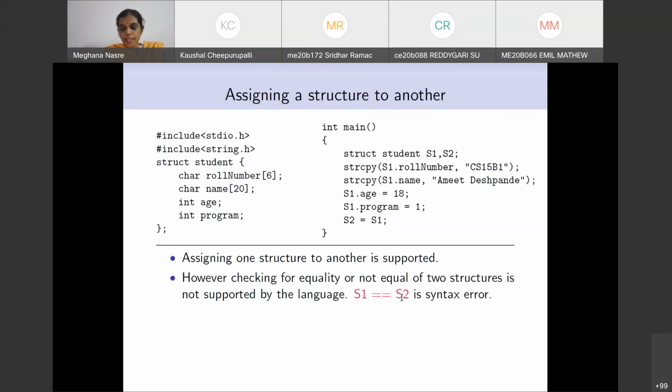So whenever you pass a structure to a function, a copy of that is made, and any changes made locally in that function will not be reflected in the caller. So these are the things that we have done yesterday, and also spent time on that. If there are any questions or comments here, please let me know.